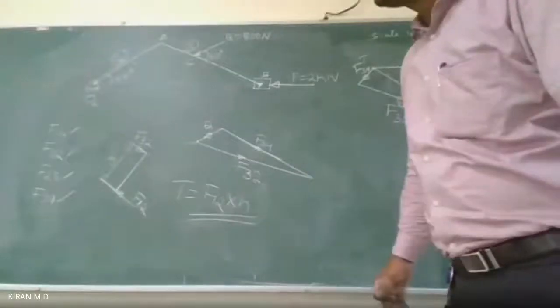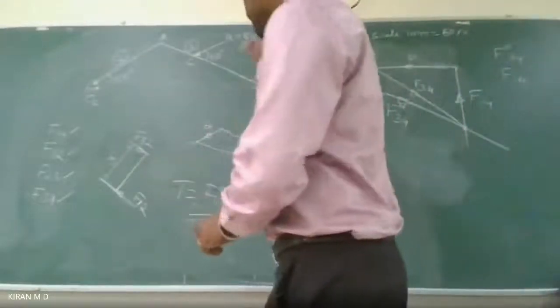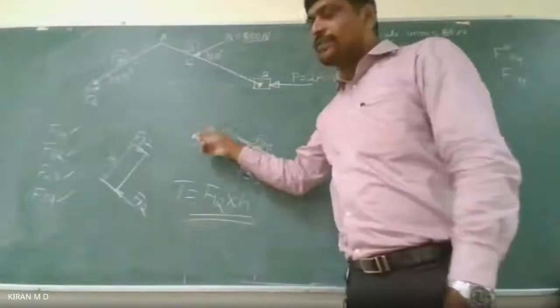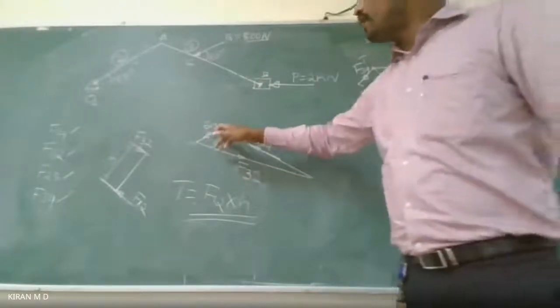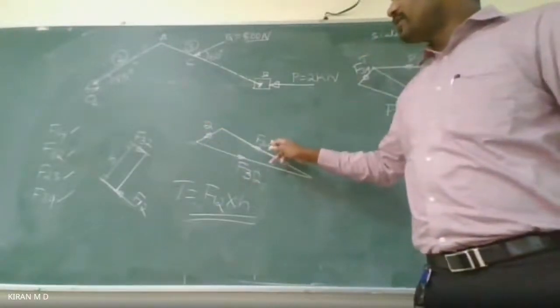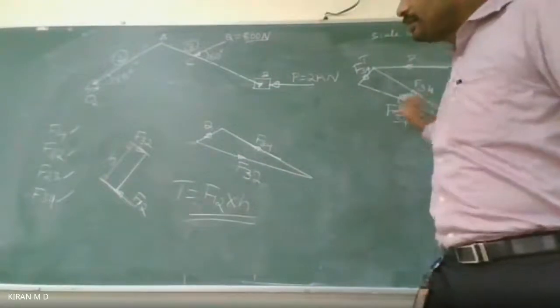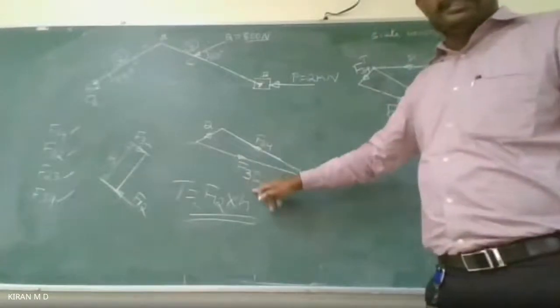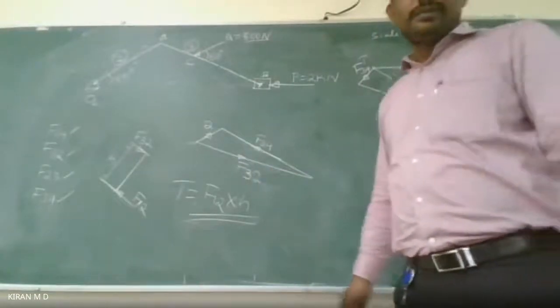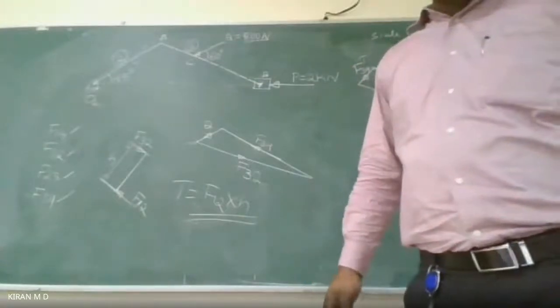So what is the length of Q in the diagram? Q is the force we have, right? F34, you are going to get the force. Use some scale, for this one also use some scale. These are the forces. We know Q, both magnitude and direction. F34 also, both magnitude and direction, from this diagram. So just draw this and complete the triangle, and you are going to get F32 or F23. Okay, so this is the problem.